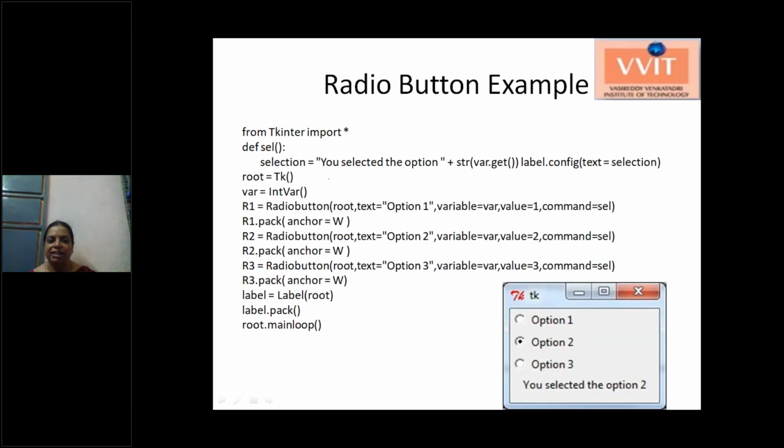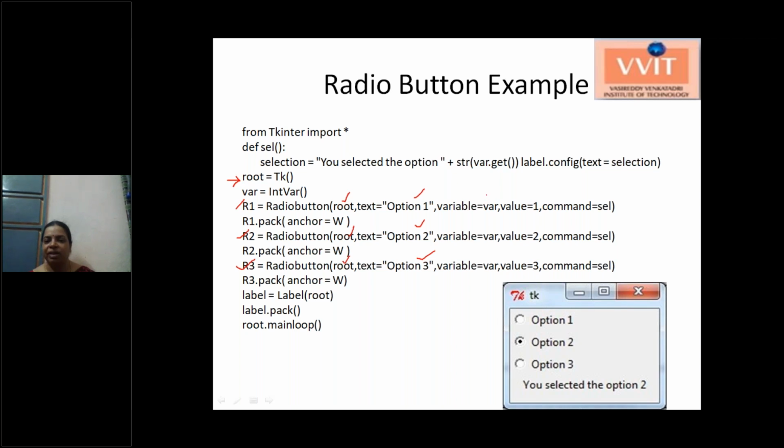Another example is the radio button. Here we are creating radio buttons: the R1 radio button, R2 radio button, and R3 radio button, with different values. Root is created as the main window, and for that root window we are adding all the radio buttons. Text is Option 1, Option 2, and Option 3.